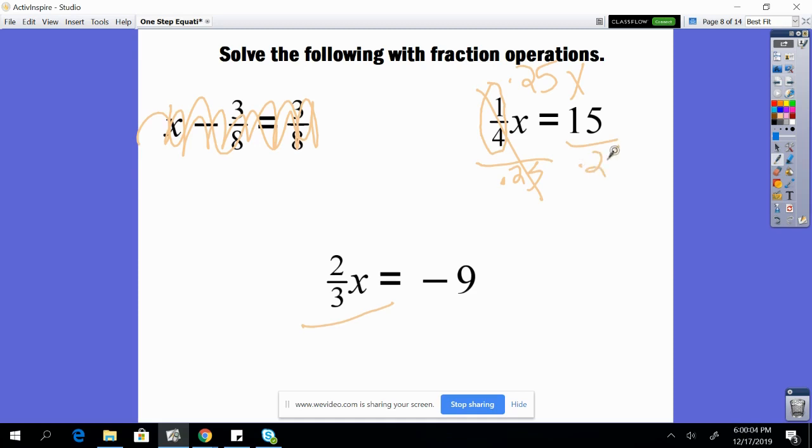Divide by 0.25, and then you have x equals, I don't know that off the top of my head, equals 3.75. Okay? Or